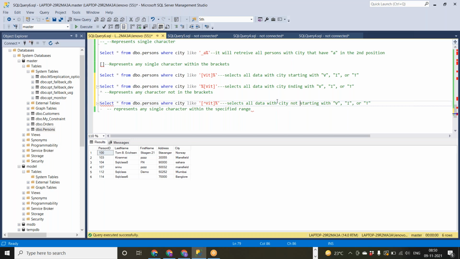You can use it. And now we will see how hyphen is used. It simply mentions the range.